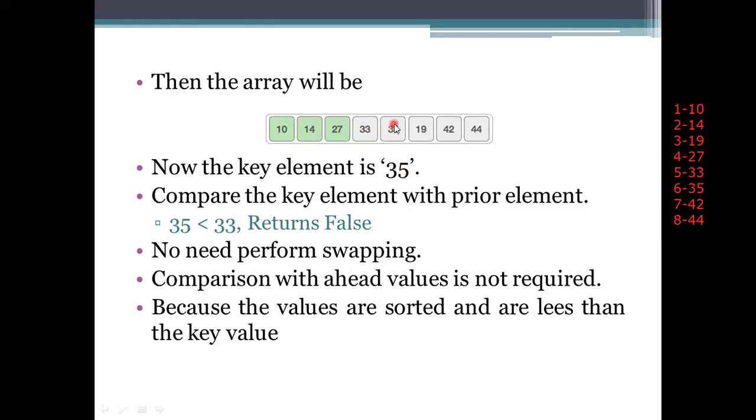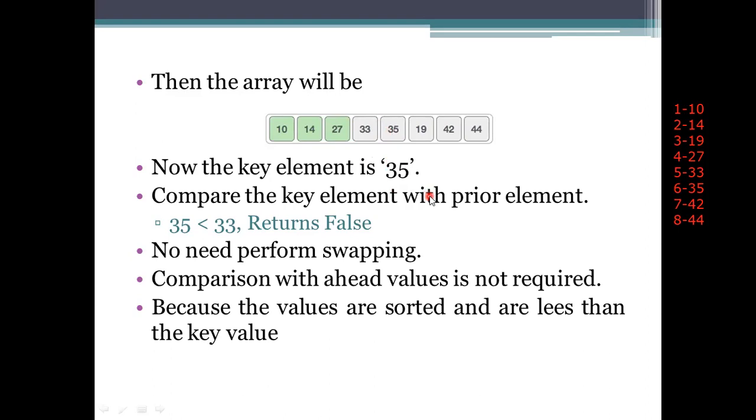Okay. And then we need to go for the comparison with 27. There is no need to specify that the comparison has been done, and there is no need to perform the swapping, because it is greater than the value we are having.